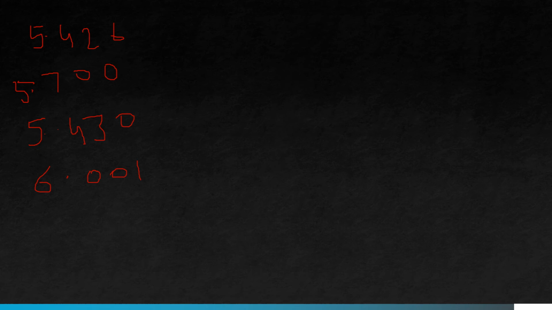Now the next task is we have to compare, right? Because we have to write this in ascending order. What is the ascending order, or descending order? Ascending order is basically increasing numbers, 1 2 3 4. And descending is 10 9 8. This is our descending order. So in the ascending order, we first have to write the very small number.